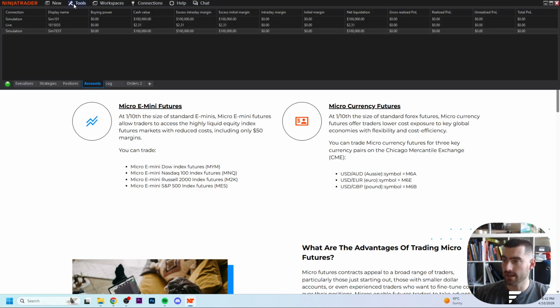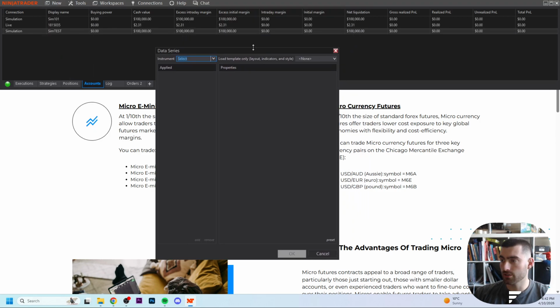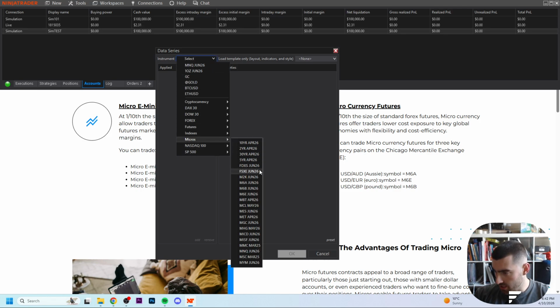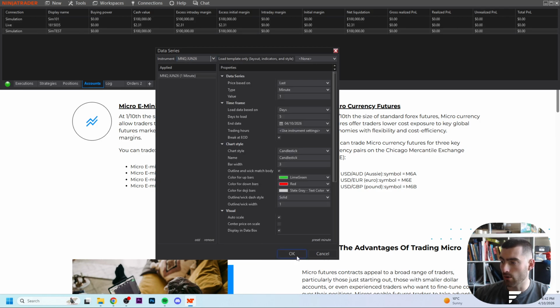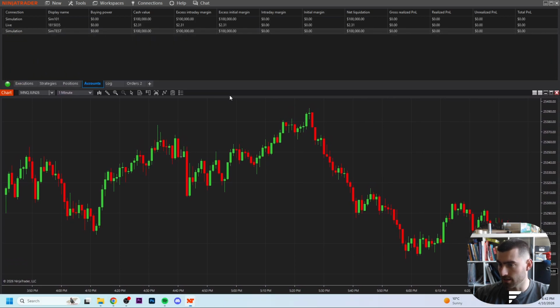And then if I click right here on new, and we select right here chart, we can search now for the MNQ micro E-mini future. Because if you go to instrument and go to micros, you see right here the MNQ June 26 that we can select. And now if we do OK right here, you will see right here the chart of the